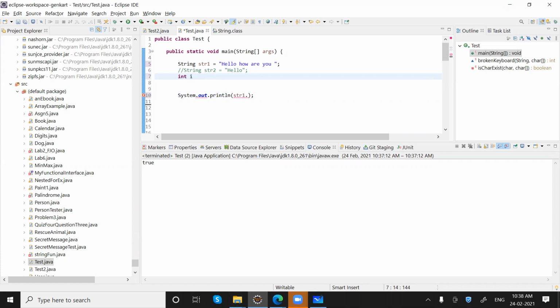Remember in the beginning of the class, let's say we have int i equals 10 and we want to convert this into a string, so we cannot write it like this, String str = i, we cannot write it like this.